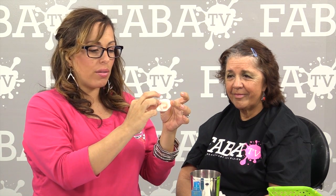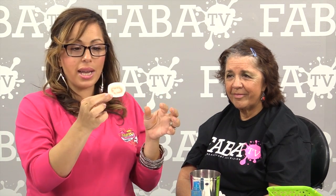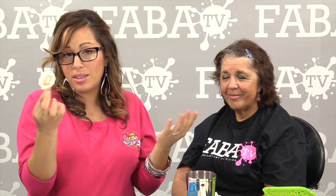All right. The first thing I'm going to do is put down my transfers, because then I'm going to paint a base on her face after that. What you're going to want to do is peel off the clear paper, and then apply it to the skin wherever you want it to stick. Try to keep your fingers off of this. It is very, very sticky, or you'll ruin it. I'm going to apply it right on her nose, just like this, and you want to press it on there. Then you're just going to get it wet,